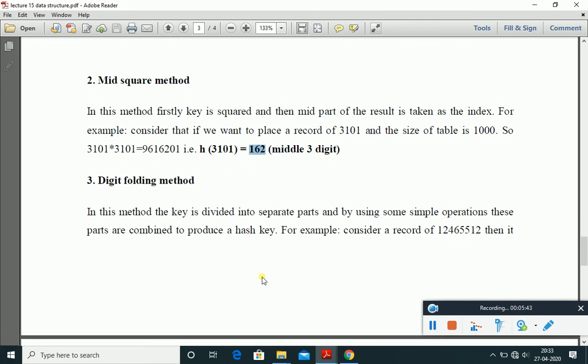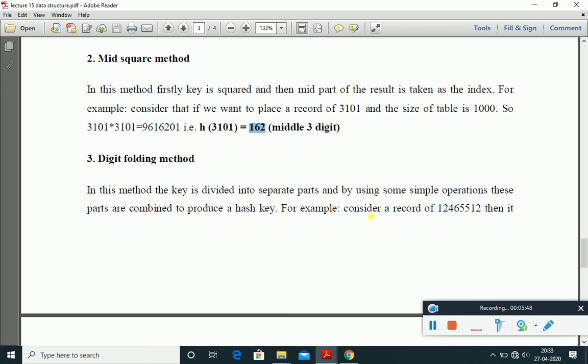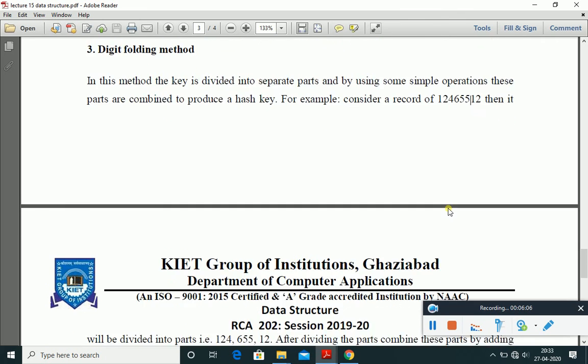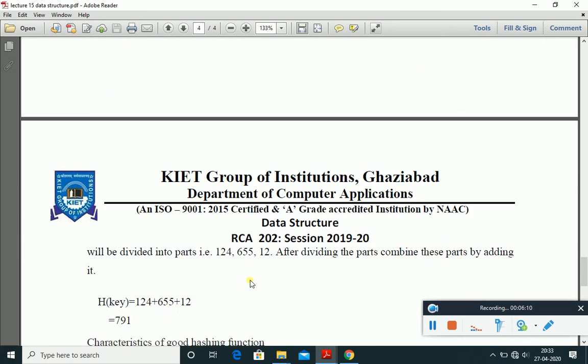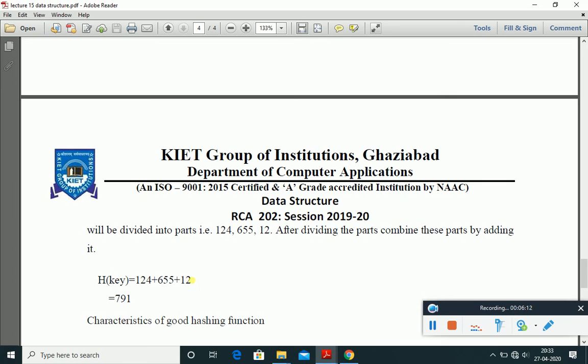And the last method is the digit folding method. Let's suppose we have the example 124655512. What you can do is divide this number into different parts of either 2 digits or 3 digits or a combination, whatever you like. Suppose we fold this number like this: 124 plus 655 plus 12.